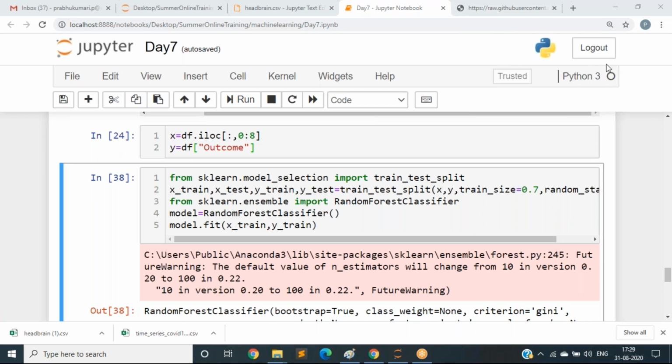For this we can get trees. Somebody has asked me, yes, we will get more trees for this. But we can't see all the trees here. Only one tree we can see, and not clearly. That is why I am not displaying the decision trees here. And you should know some visualization libraries also.